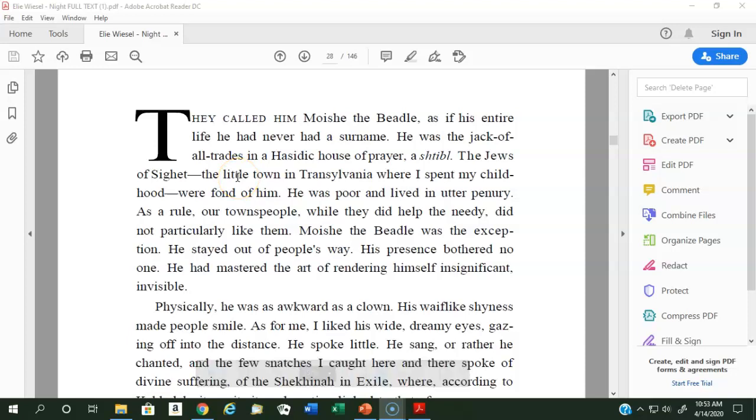So I'm going to go ahead and demonstrate how to do text-to-speech in a PDF document. This happens to be a PDF of an entire book. It's 146 pages. I'm starting here at page 28, which is really the start of the main story here. And so in order to get to text-to-speech, you're going to go